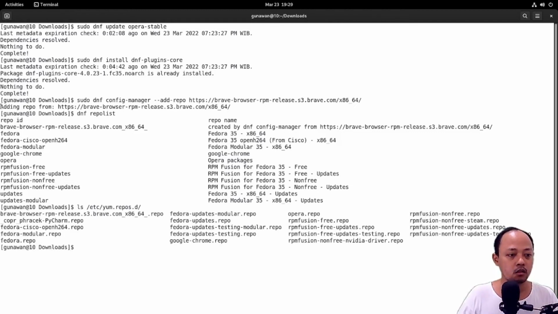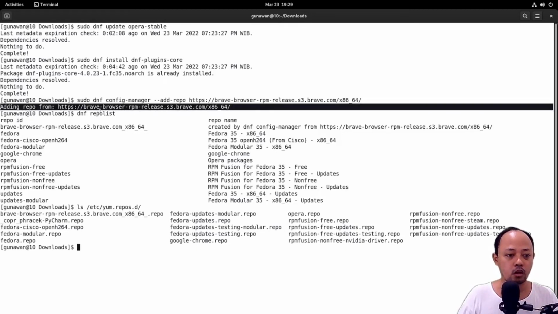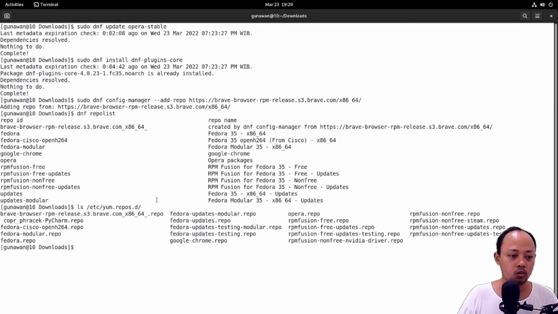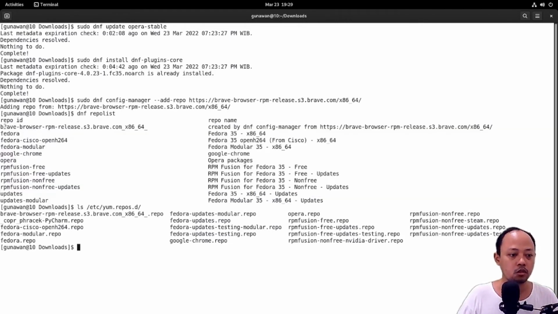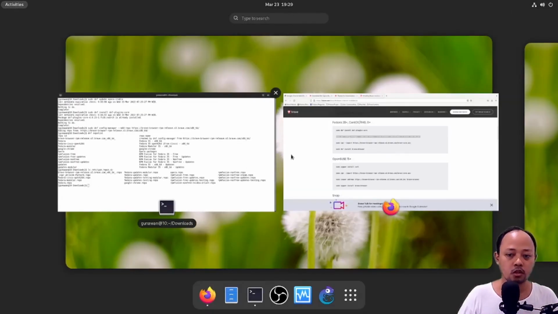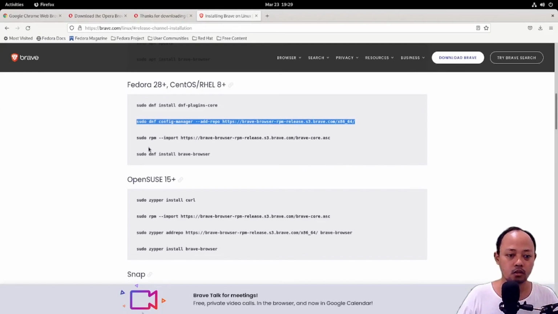I think this line shows us that the Brave browser repo is already added to our repo list, but I didn't find that repo. Oh, this one. This is the repo. So this is the file, okay? And we will continue to execute the third line.